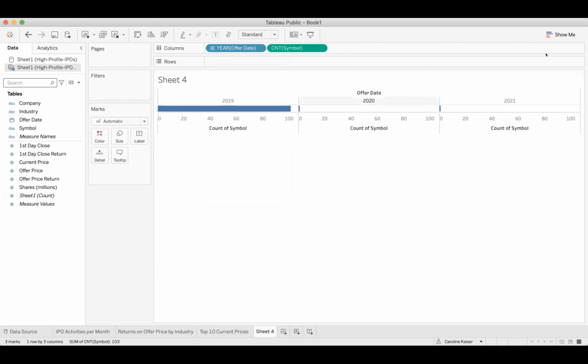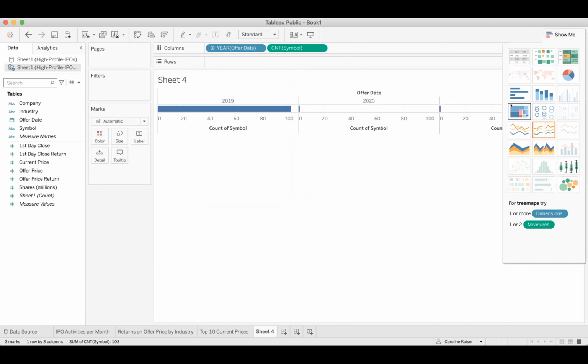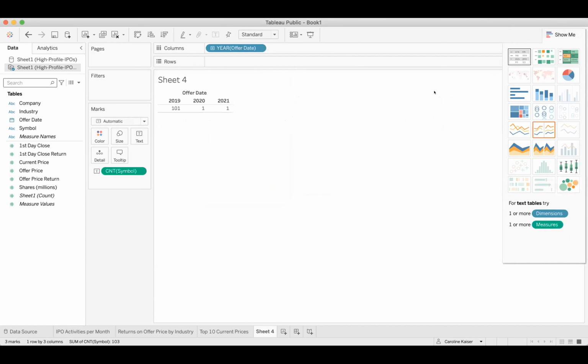Okay. And then change it to a pivot table in the Show Me filter or Show Me palette. If you go to the top right where it says Show Me. Yeah, there you go. Change it to a pivot table in the top left corner. There you go. So this shows us that in this data set, we have 101 companies that went public in